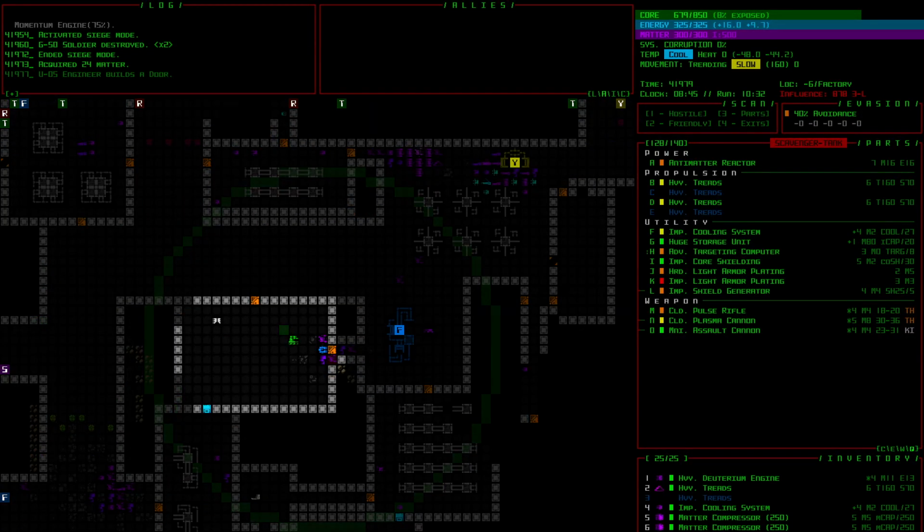All right, well, now our influence is back up to 3L. It dropped a tiny bit there earlier, I think, and now it's back up again. It's not going to drop much, but